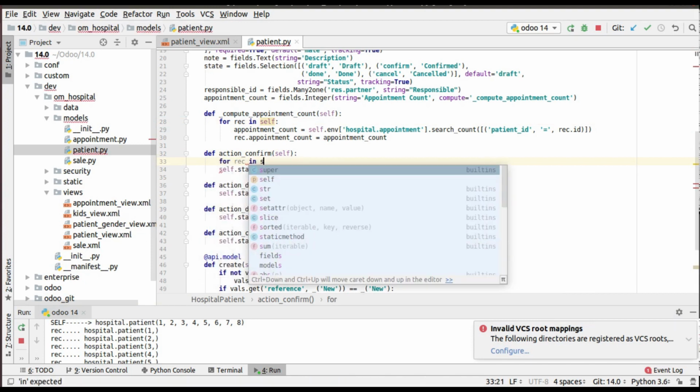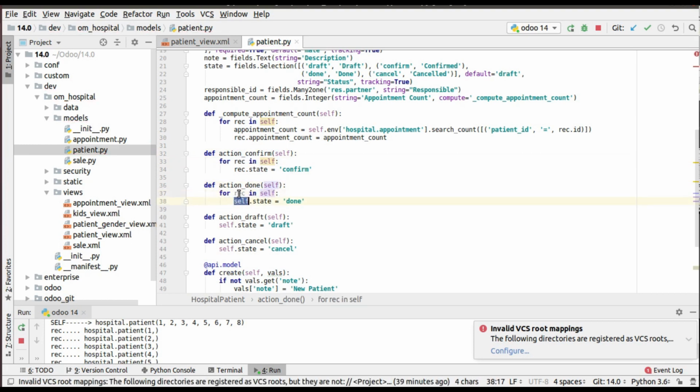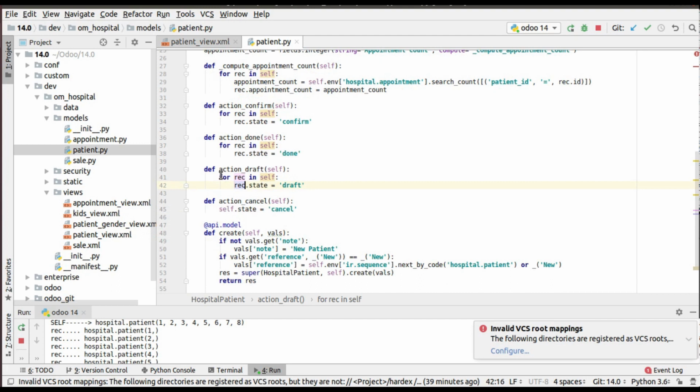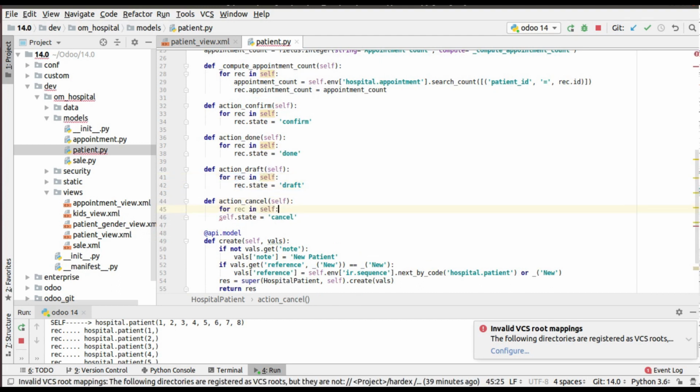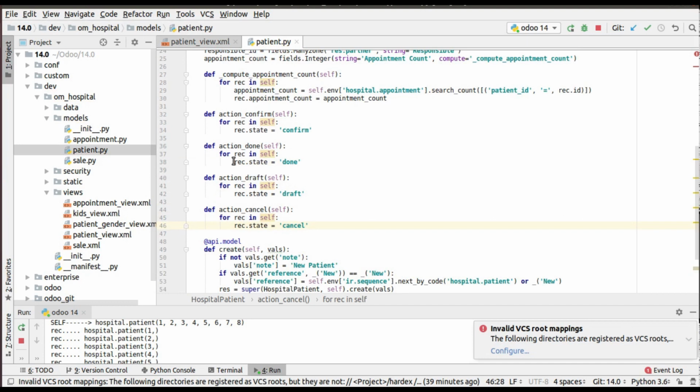So I'll change here also, for rec in self, and I'll put rec.state. Now in all my functions, for rec in self, wherever your variable has a possibility of containing multiple values, just iterate it over a for loop and make sure that you are free from the singleton error in Odoo. I'll be iterating here also. Correct. So whenever you write a function, just iterate it over a for loop to avoid the singleton error.